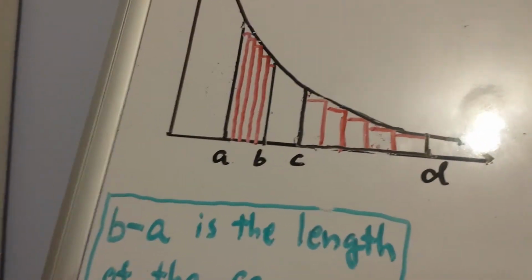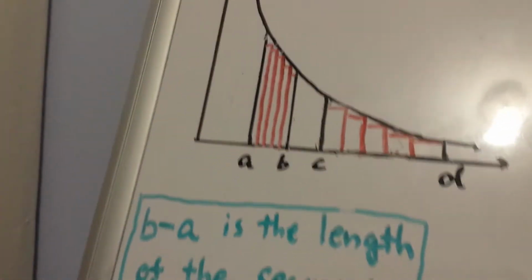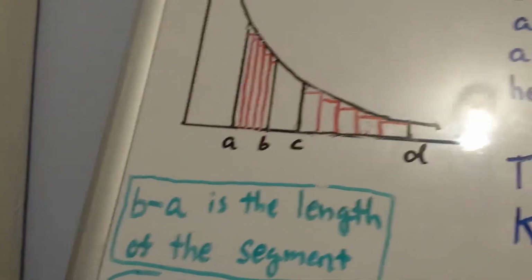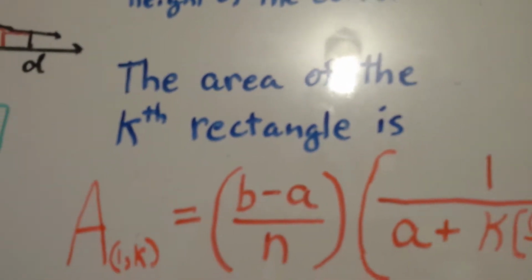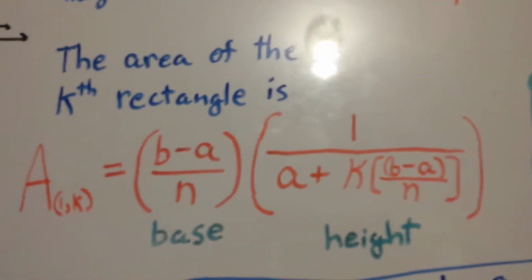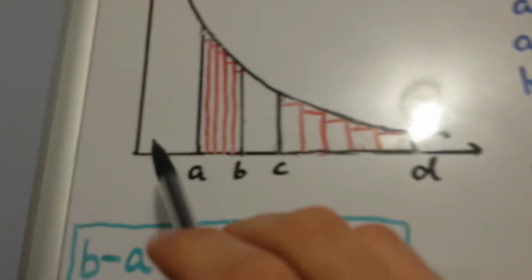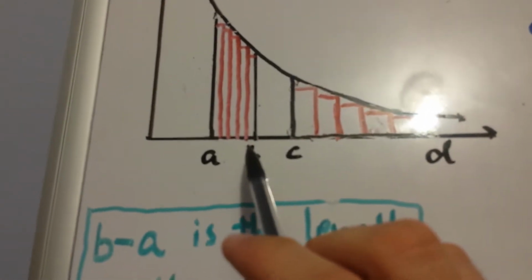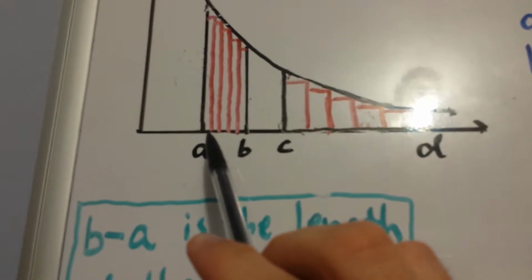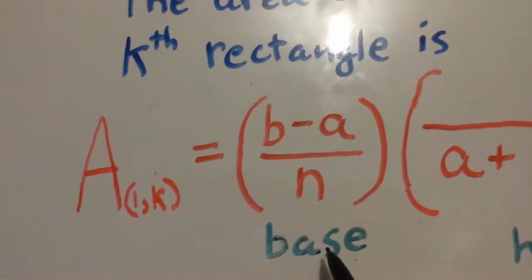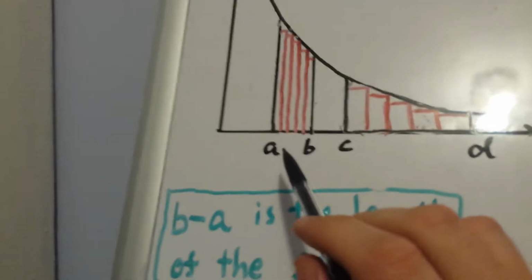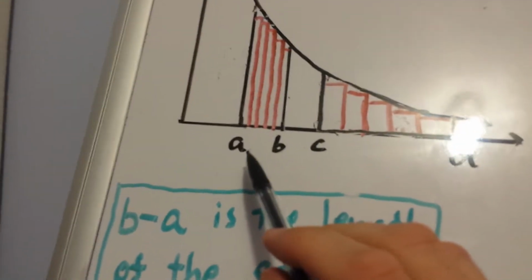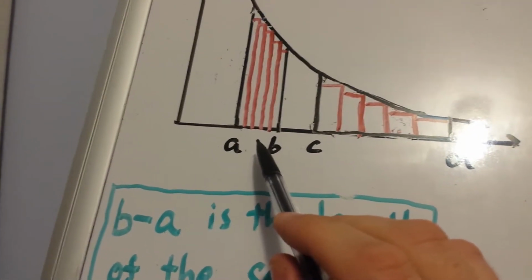All right, n for me is 5 in this picture, okay, because there's 5 little rectangles there. Now the area of the kth rectangle would be this, okay? If we divide this into n equal segments, then the length of each segment would be n, and that would be the base, and the height of each little rectangle would be a plus k times